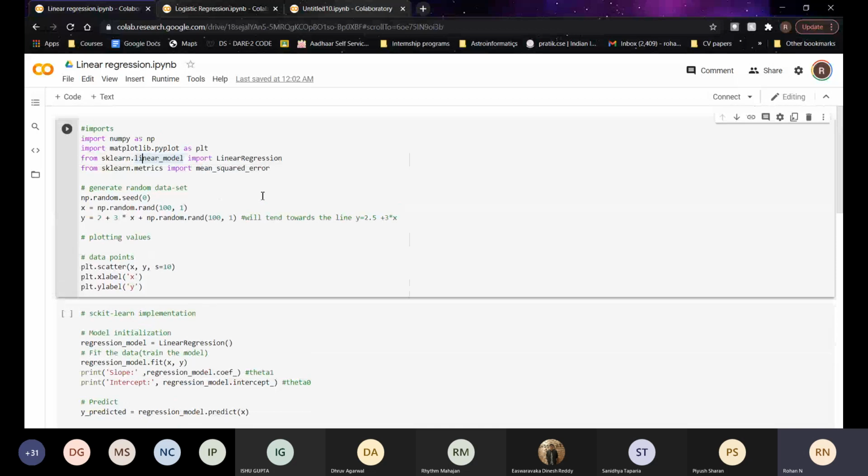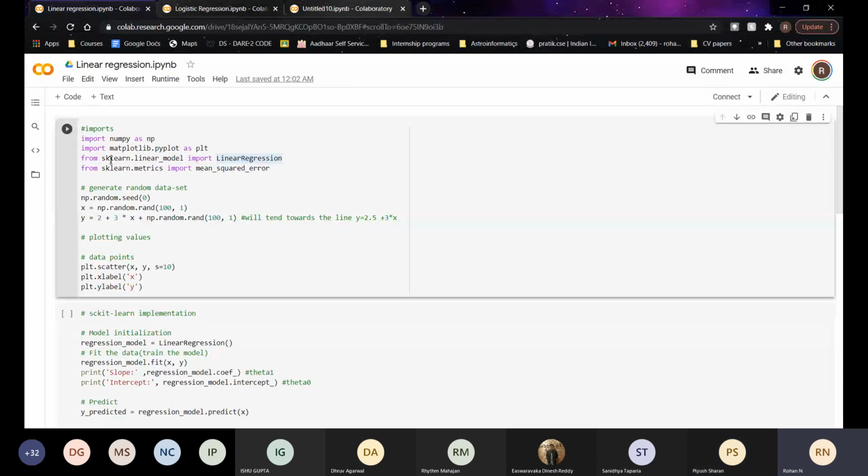So first we will be looking at linear regression. What we do is we import NumPy and matplotlib. Then we import our linear regression model from this library, sklearn or scikit-learn.